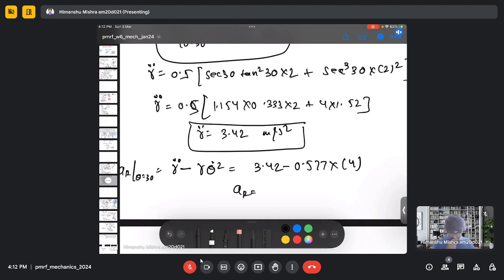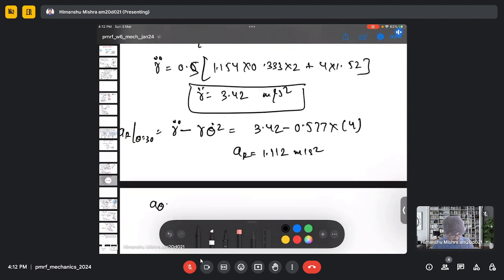My AR is 1.112 meter per second square, and the theta component will be